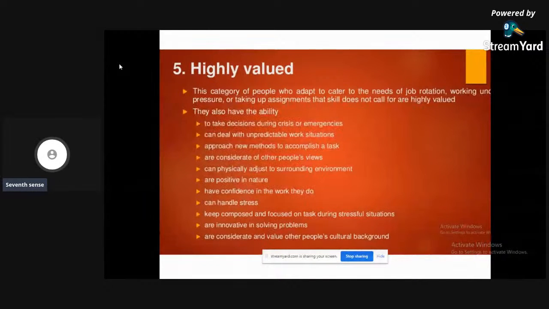People should be able to handle stress. In the work environment, they'll usually give you quite a lot of pressure to finish the work. In daily jobs, you are going to face stressful situations. Even in that kind of situation, you should remain calm, and you should try to balance your work properly.